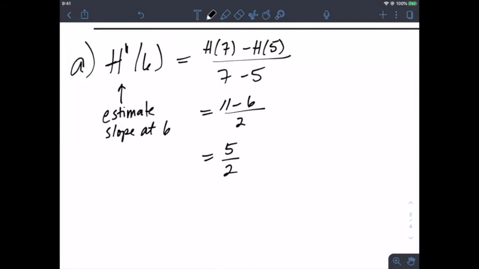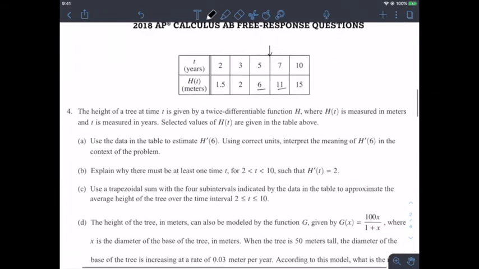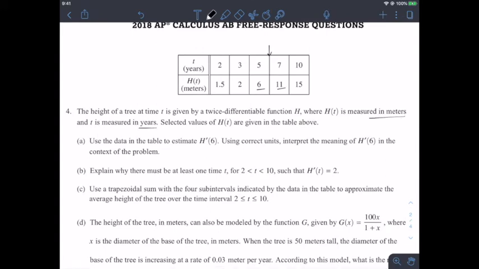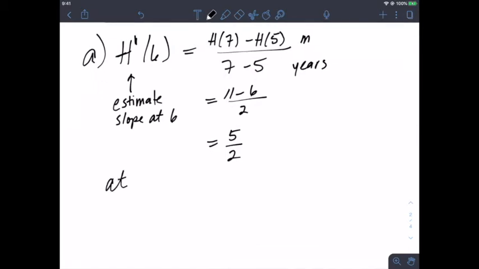Now to interpret in the context of the problem, h is measured in meters, and t is measured in years. Okay, so h of 7 and h of 5, those are measured in meters. The 7 and 5, that's the time, that's years. So I would say that at time t equals 6, the tree, we are talking about a tree, right? Yep, the height of a tree